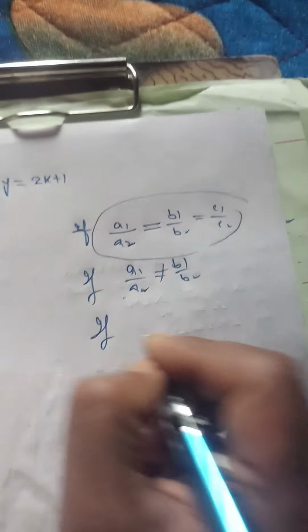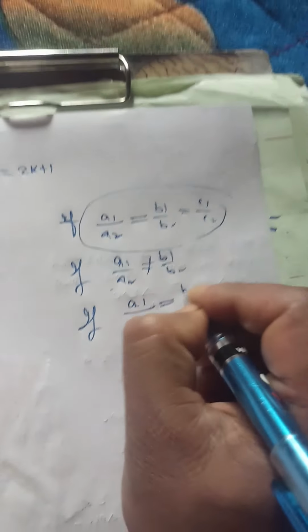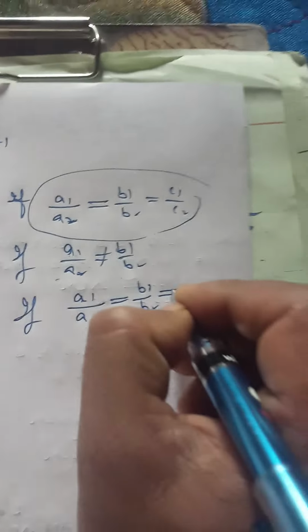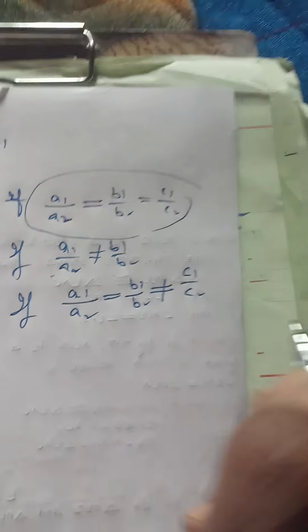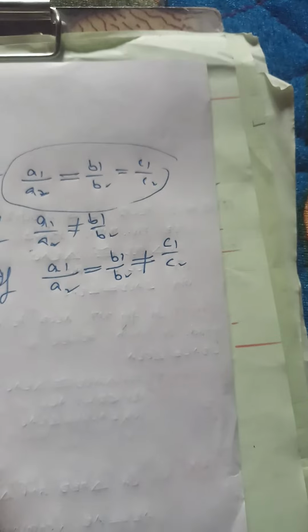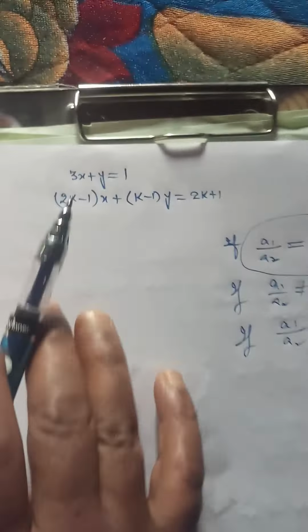Third, if a1 divided by a2 is equal to b1 divided by b2, and these two are not equal to c1 by c2, then we write no solution. When we see this condition in the system of equations, we write no solution. So we write that the given linear equations have no solution if,